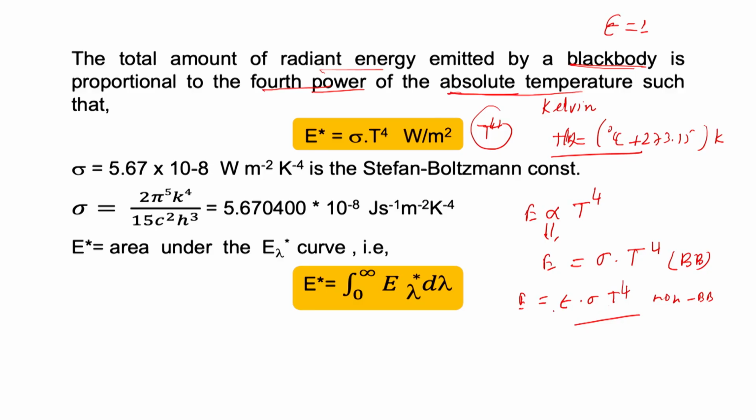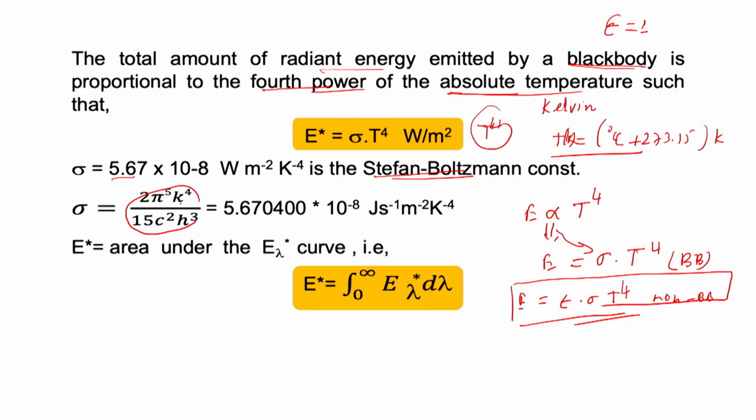This is a non-black body, so you have to consider one extra term here, the emissivity. And sigma is nothing but 5.67. It is the Stefan-Boltzmann constant, because when you have to remove the proportionality, you put this one, and this is called the Stefan-Boltzmann constant. Okay, remember this is the Stefan-Boltzmann constant, and sigma is given by this value, 2 pi to the power